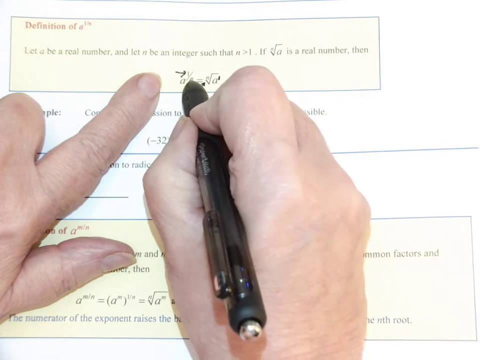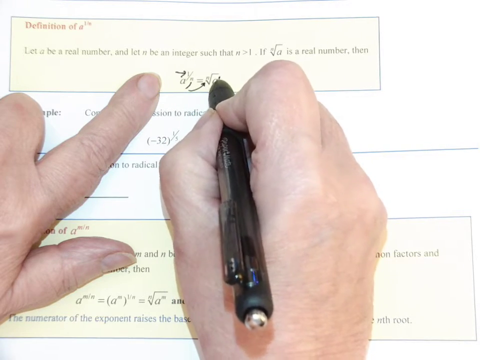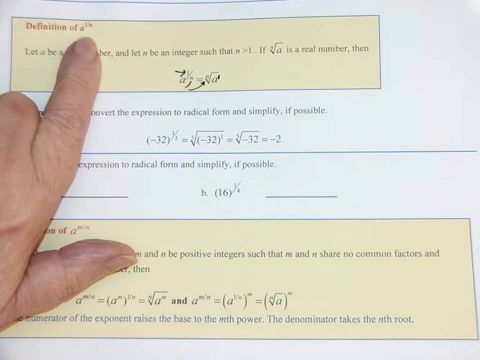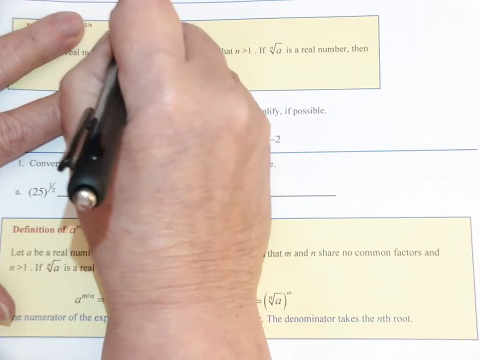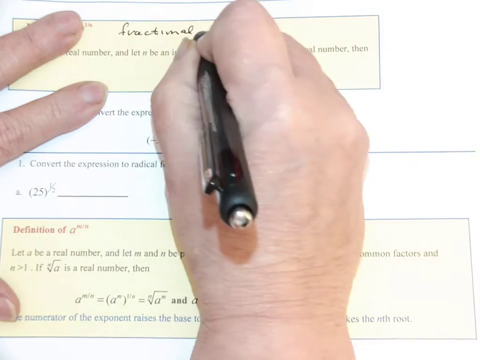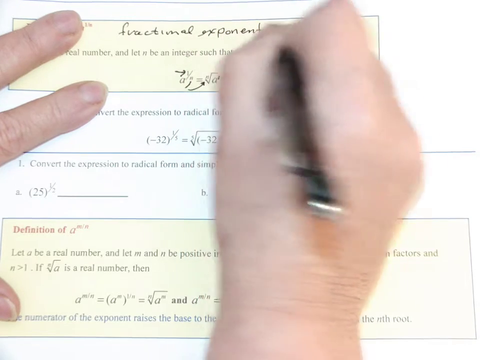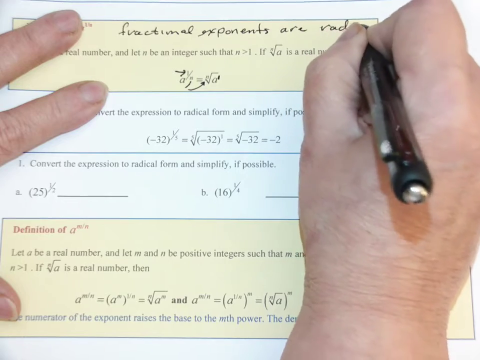So that says this is the nth root of a to the 1. So a to the 1 over n is a radical. So anytime you see a fractional exponent, fractional exponents are radicals,